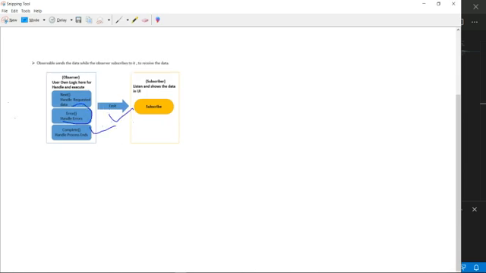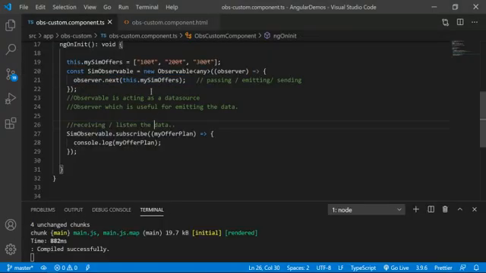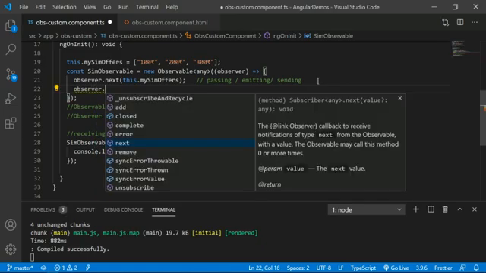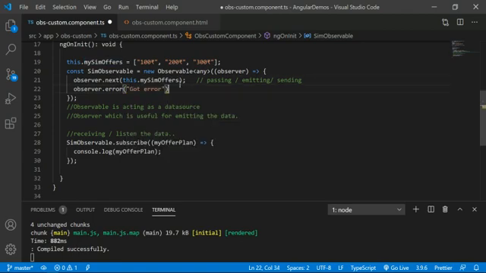Okay, so the next step is about the error and about the complete. This is also a kind of response for the subscriber from the observer. You can say that the observer can send the error also. As of now I have the 3 records. Suppose whenever I have an error in this array, how do we handle that? We have to give the error to the subscriber, right?